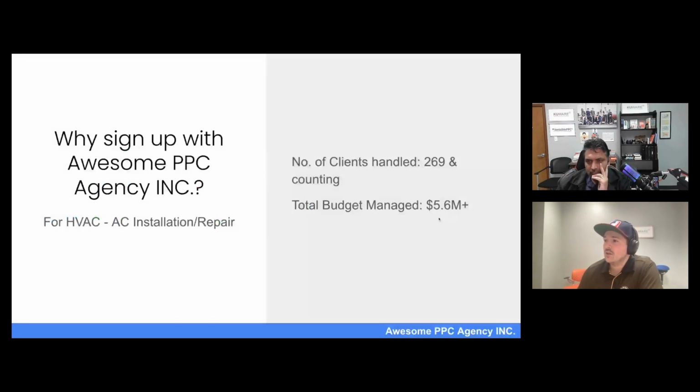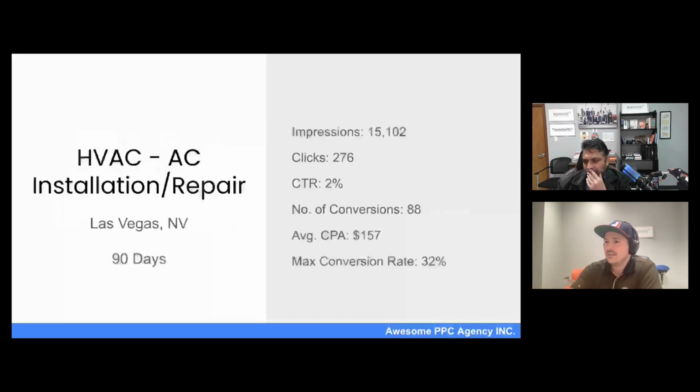And then we like to stress how many people we've worked with, as well as total budget managed for the lifetime of those accounts. I know spend doesn't always equal success, but it means opportunity for success, and that's what the clients are going to see there. So these are two pretty solid numbers that'll get people thinking, okay, they know their stuff enough. Then we get into